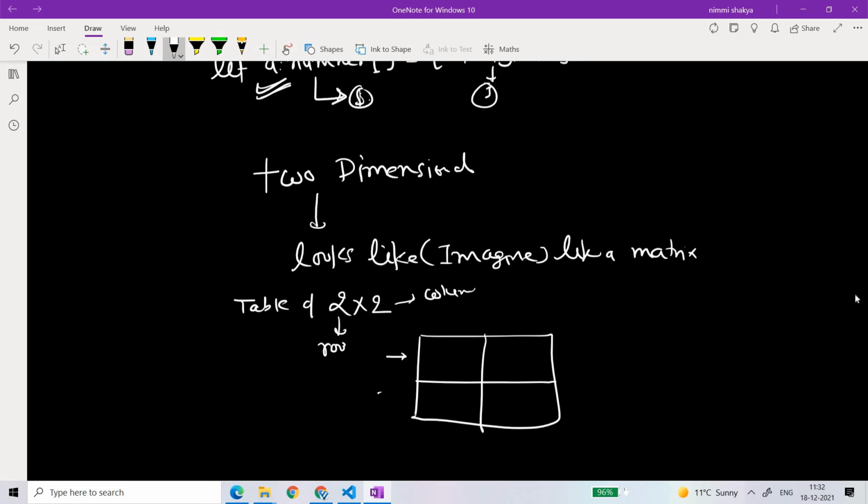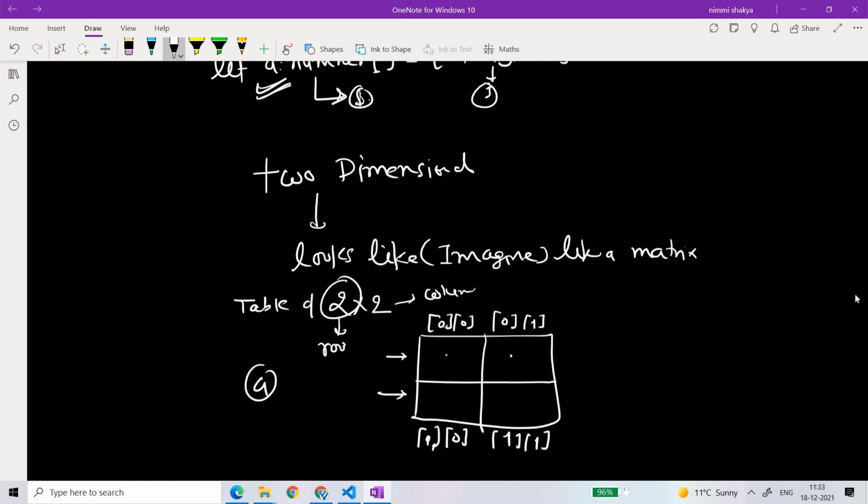So this is the first row, this is the second row, this is the first column, this is the second column of the first row, right? So this is 0 0, this is 0 1, this is 1 0, this is 1 1. This is how the indexing is done: 0 0, 0 1, 1 0, 1 1, right? So again, the indexing starts from 0. So if you have to talk about this very first element, it's not A11, it's A00, if the name of this array is A, right?